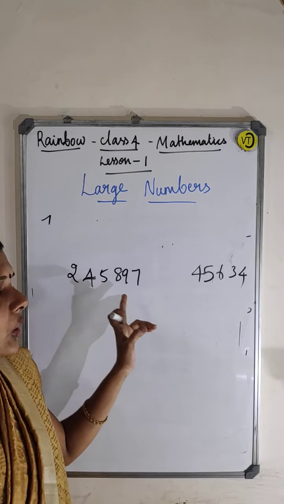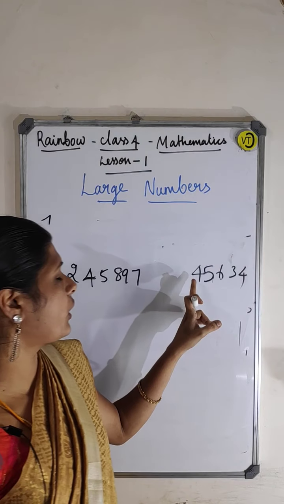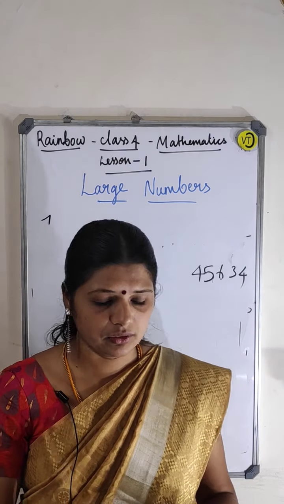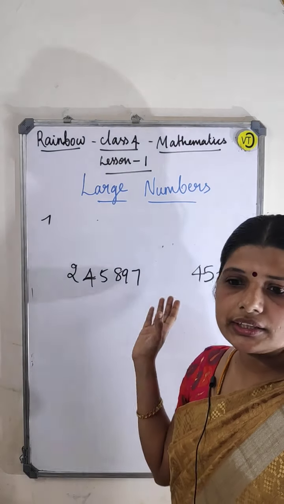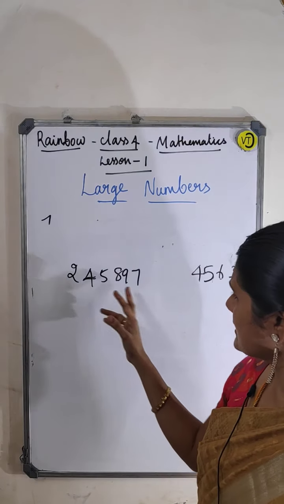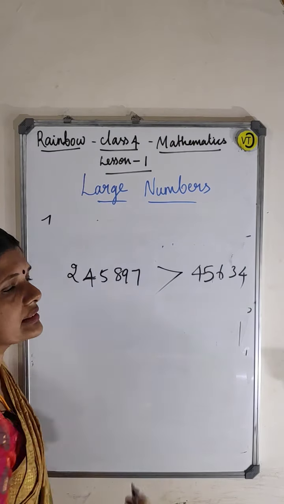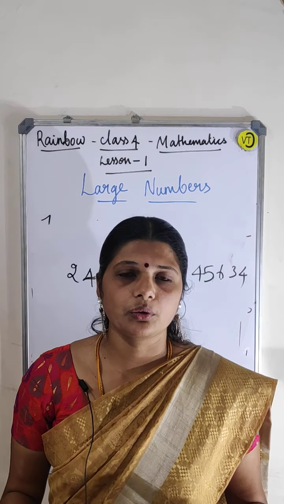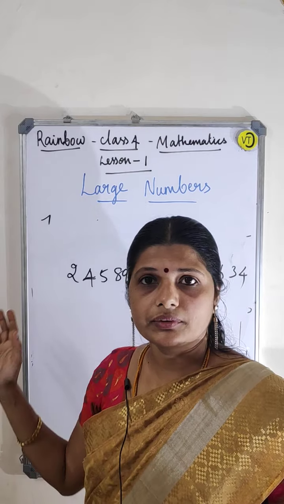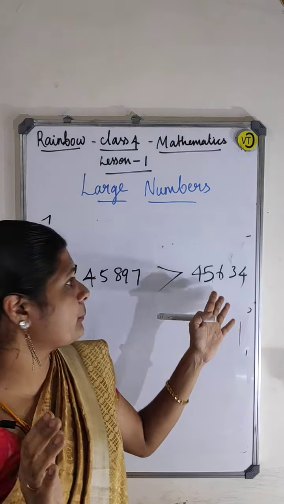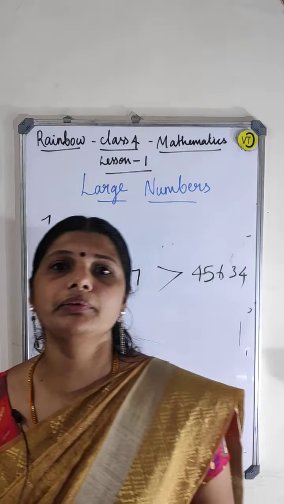Okay. Here how many digits are there? 1, 2, 3, 4, 5, 6, a 6-digit number. And here, 1, 2, 3, 4, 5, it will be a 5-digit number. So without judging anything, this one is 6 digit and this is 5 digit. Obviously this is greater than this. Okay, we don't need to check any of the digits here, because it is 6 digit and has more digits when compared to this side, right? So obviously this number is greater than this number.